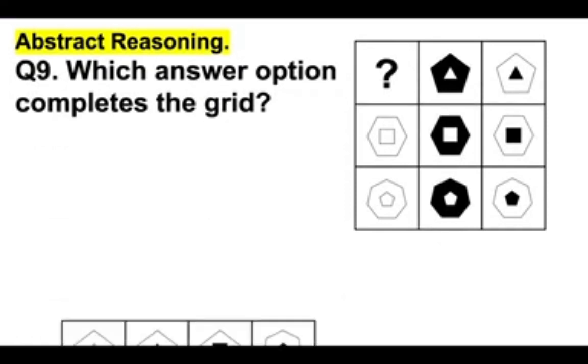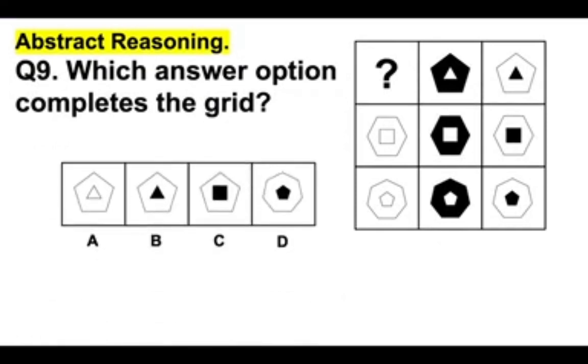Question 9, which answer option completes the grid? Is it A, B, C or D? And we have to decide which one goes there in the top left hand corner. Now upon first inspection, these just look like a mass of different shapes. However, if we use a little bit of logic and we start with the right hand row, we can see